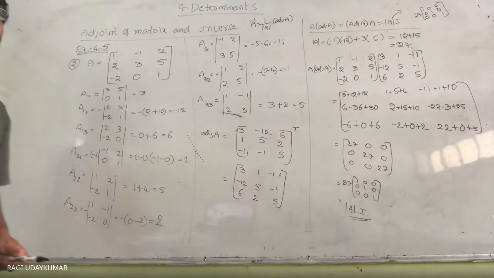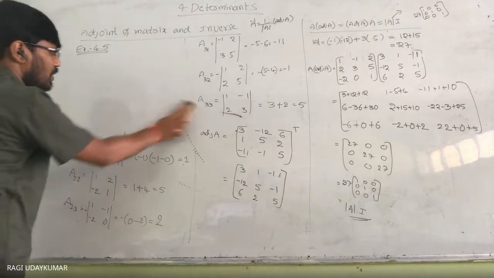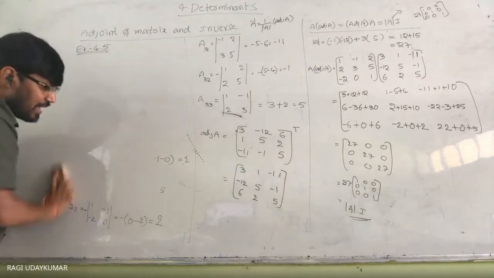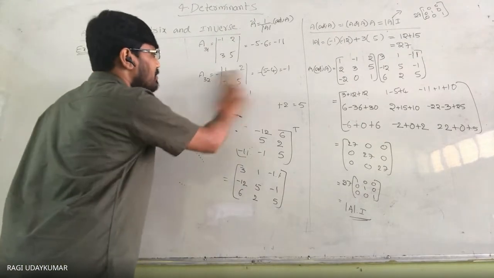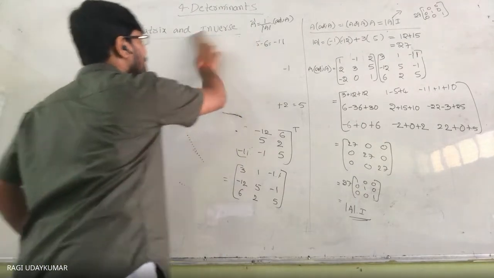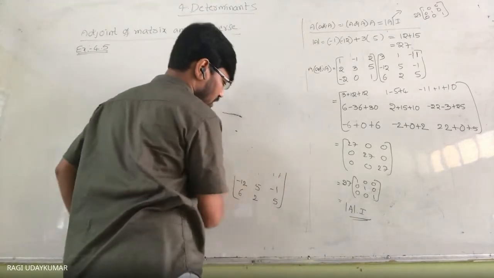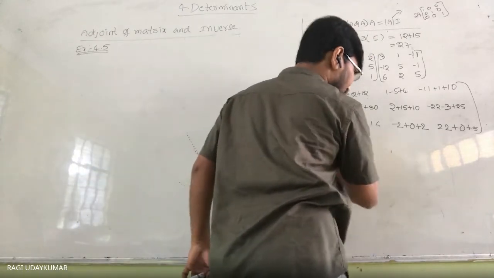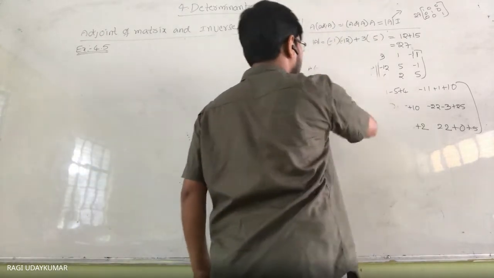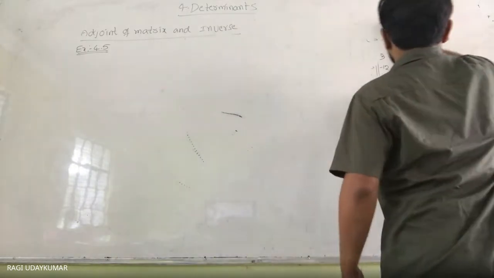That is finding the inverse of the matrix. We'll do one problem here now from exercise number 5. Whenever you are taking the fifth problem, see here, finding the inverse for a 2 by 2 matrix is dead easy, very easy. Okay, I'm going to explain that to you. Then after we'll move to the 3 by 3 matrix. 3 by 3 matrix determinant and inverse finding we already did.